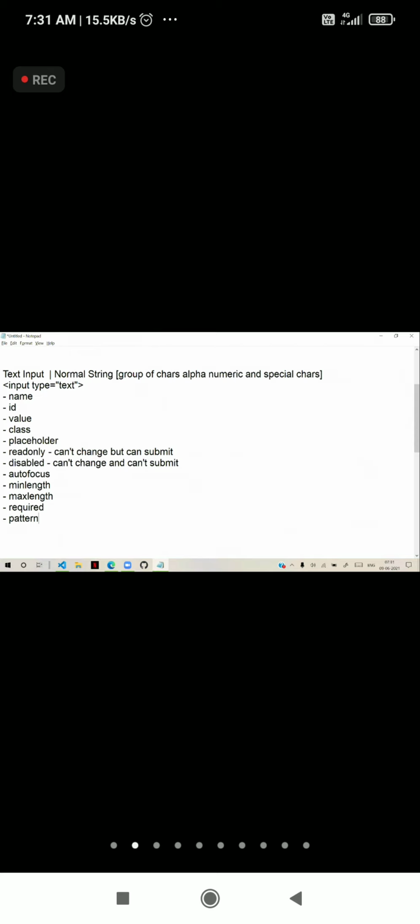These are validation related attributes. Minlength, maxlength, and required verify that the value you type is according to the requirement.